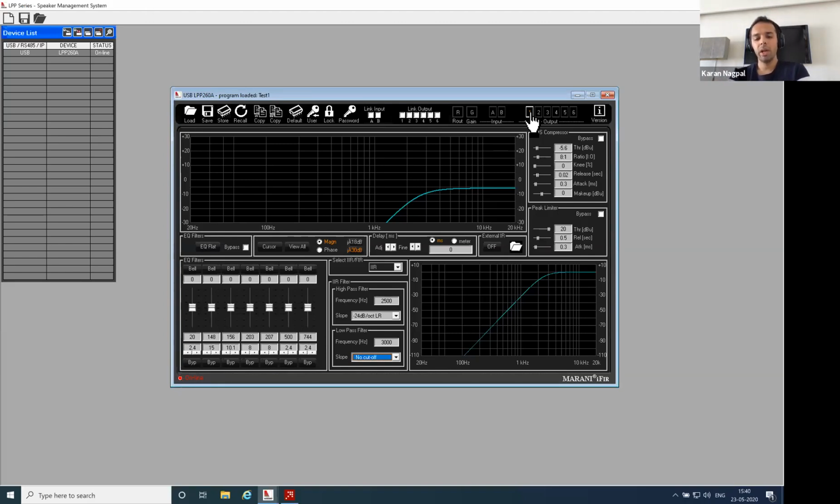So the advantage is that if you don't need to do any crossover with FIR, you can just do it on the input, and ensure you're not using one channel for a delayed speaker, or for a speaker in a different setup, like a home theater with separate surrounds or something like that. Good.